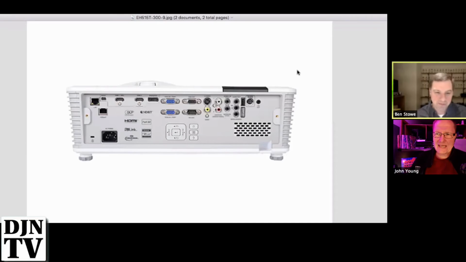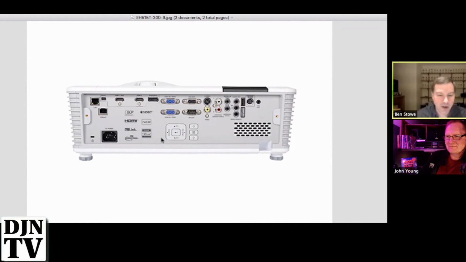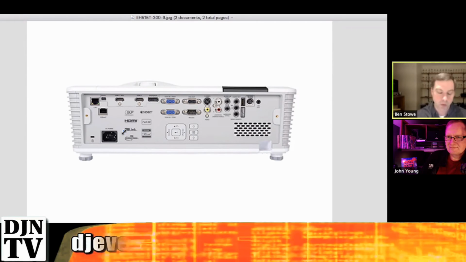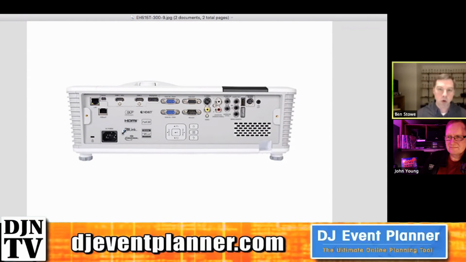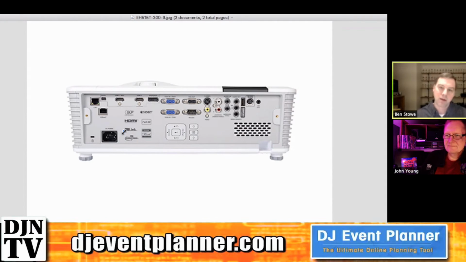You should see a projector. Yes, we do. We see the business side of the projector. So this projector has all kinds of cool things on it. HDMI. Here's our RGB HV, composite video, and so on. LAN control for IP control, and this right here is an HDBaseT. We can see there's the HDBaseT logo. So we don't even need a receiver for this projector. We can take one of these transmitters and go over Cat 6, Cat 6A, whatever we're using, and plug right into this projector and done.